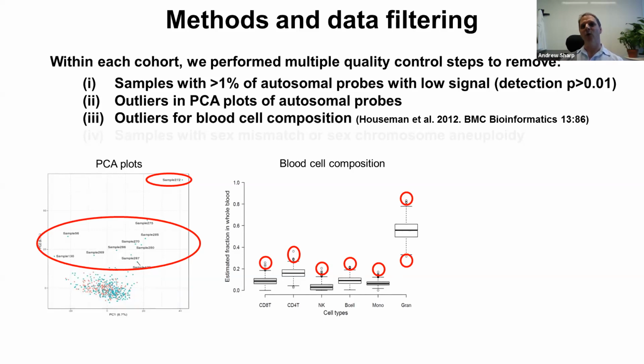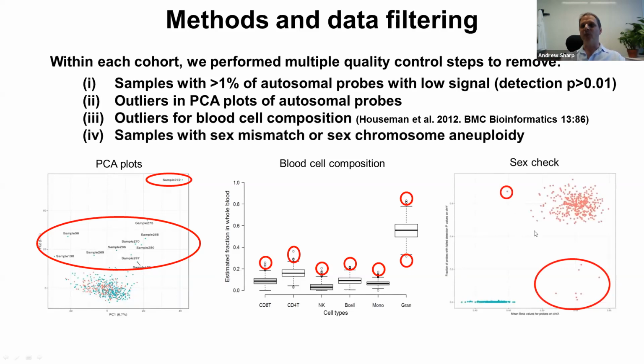And so what we were trying to avoid is having lots of false positives. For example, if you had somebody with leukemia who has a huge spike in their B cell content, if you have genes that are specifically switched on or switched off in B cells but not in other cell types, they're going to show up as epigenetic differences that are not due to anything other than the fact that there is a variation in the underlying fraction of B cells in their blood. And so we've removed outliers for blood cell composition.